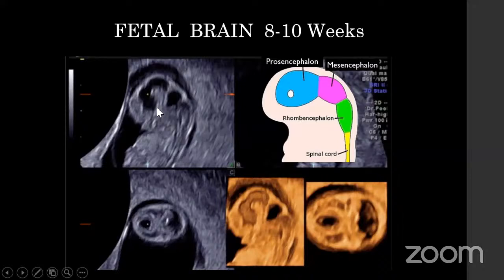I'm able to see the three vesicles, the prosencephalon, the mesencephalon, and the rhombencephalon. Whenever you're doing a scan and you see a prominent cystic structure in the posterior aspect, it's always a developing rhombencephalon. So we can evaluate using a transvaginal 3D technique, and we can reconstruct the brain vesicles and know the anatomy as early as 8 to 10 weeks. Now, I just touch upon this slide and move to the most important aspect, that is evaluation of brain in the